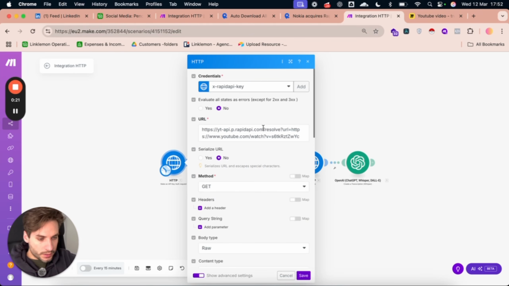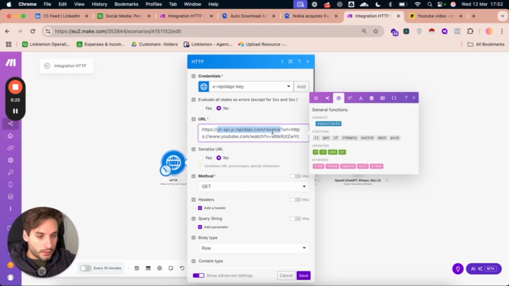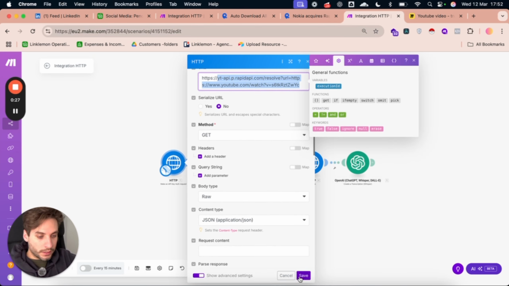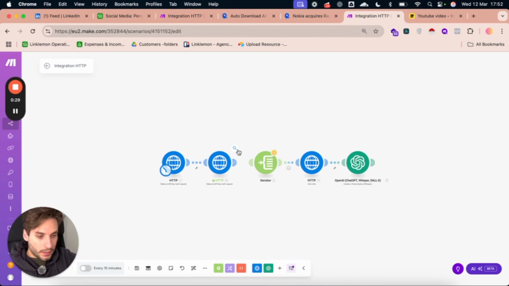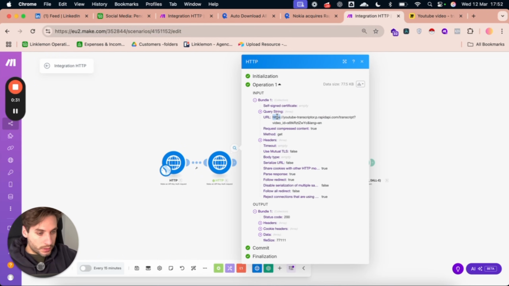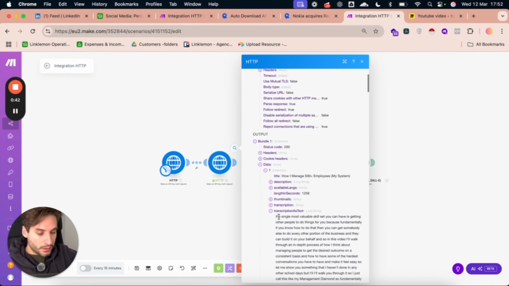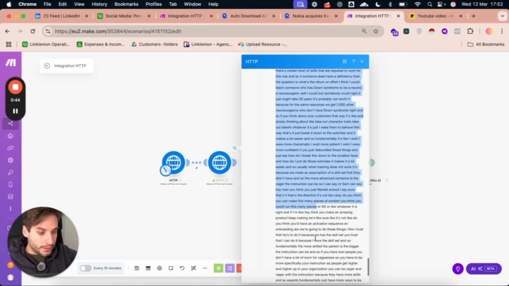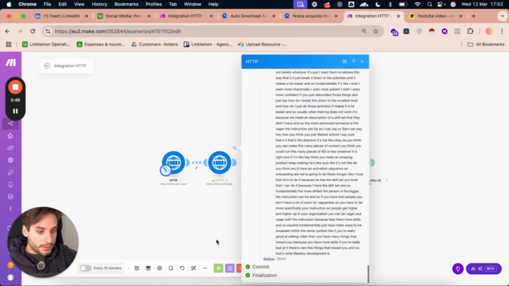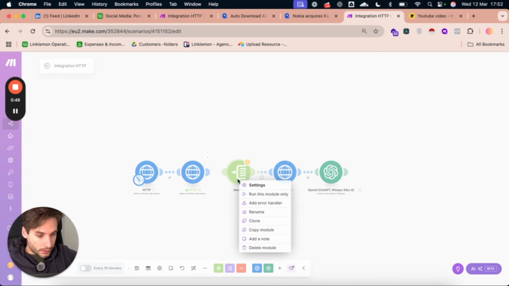And we are using this other one from Rapid API, it's YouTube, where basically we're getting the ID of the video. And once we get the ID, we use this other one to transcribe the video. And as you can see, we have the title, and then we have the transcription by minutes, and also we have by text. In this case, using this one is enough. We don't need anything else,